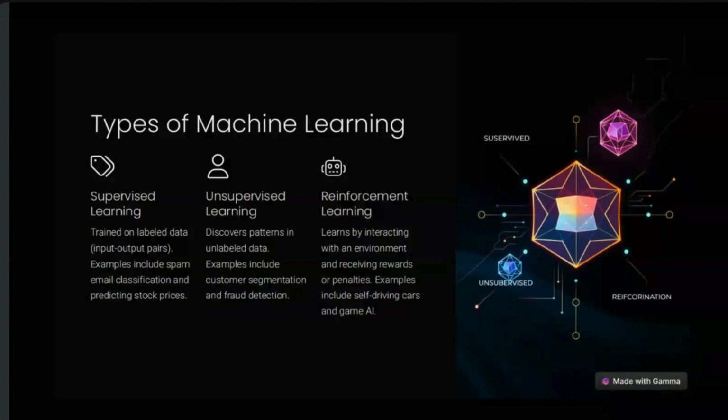So the last one is reinforcement learning. It is learning by interacting with an environment and receiving rewards and penalties. Examples include self-driving cars and game AI. I think you all guys are using